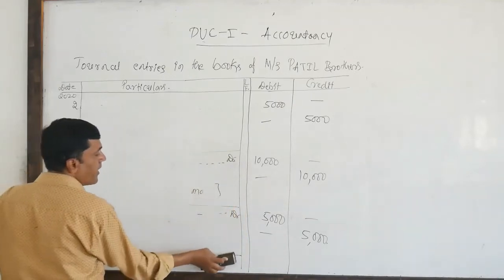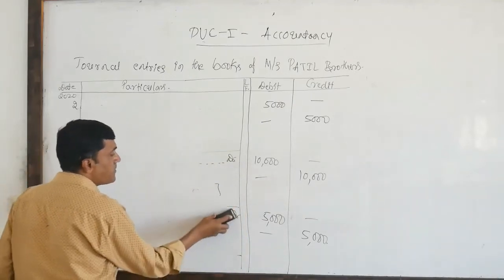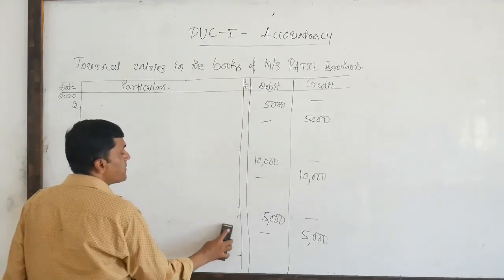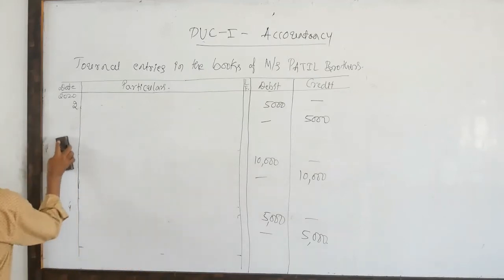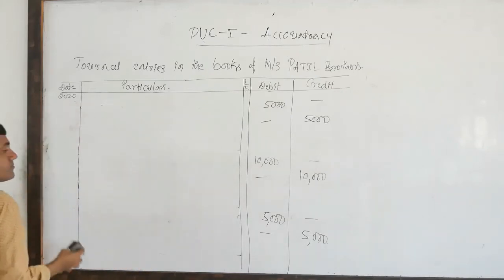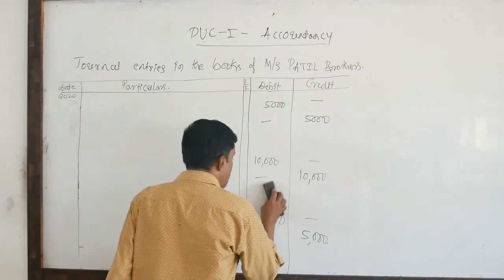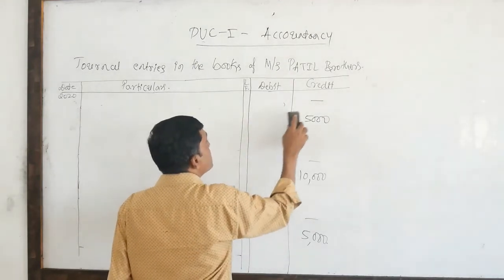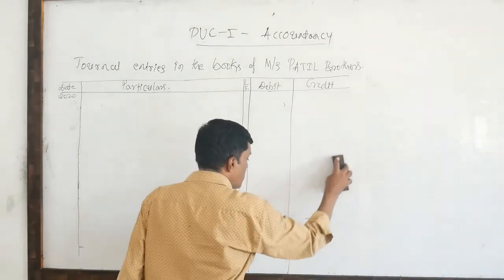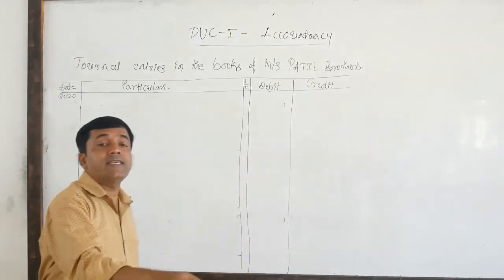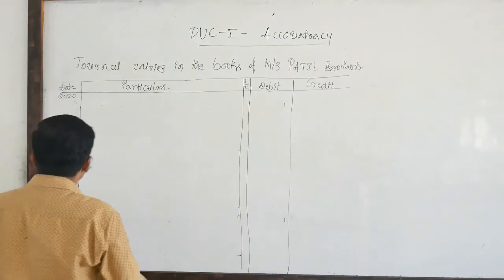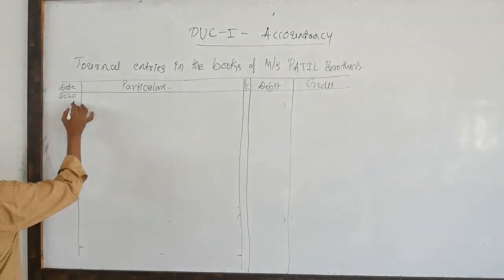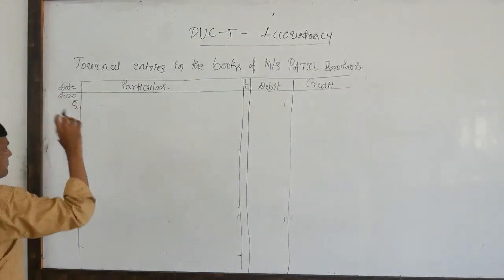In this table only I would like to represent the further examples. So now we have covered the cash purchases and the credit purchases. Now I am explaining some more examples of sales. As you all know, sales include cash sales as well as credit sales. So firstly, cash sales. The fourth item is done, now it is the fifth one.